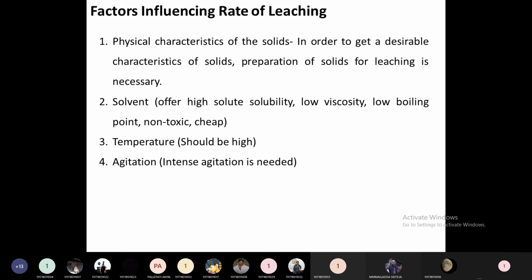To stop that, we have to evaluate the optimum agitation speed. So obviously for the leaching operation, agitation is very much required. These are the major properties influencing the leaching operation.